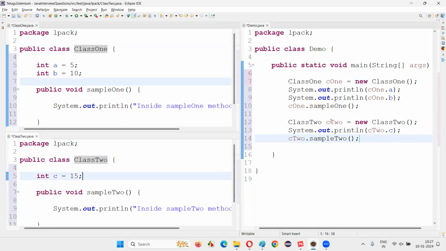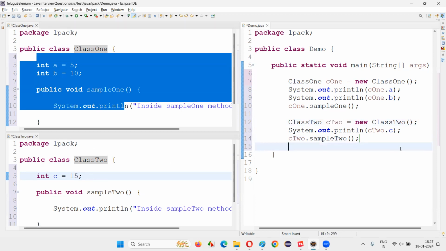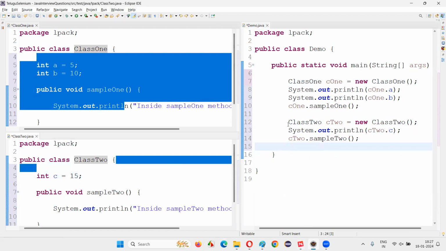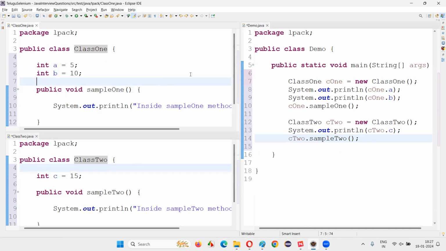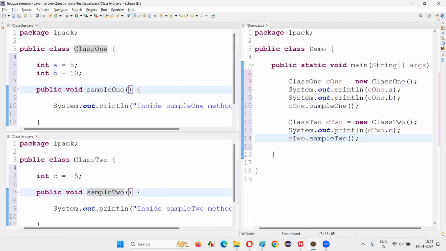Now, using the object reference of class 2, can I access the members of class 1? That's not possible. C2.A, you cannot access. C2.B, you cannot access. C2.sample1 method, only sample2 is coming. Sample1 is not coming. But if I want to access the members of class 1 using the object reference of class 2, what I have to do is